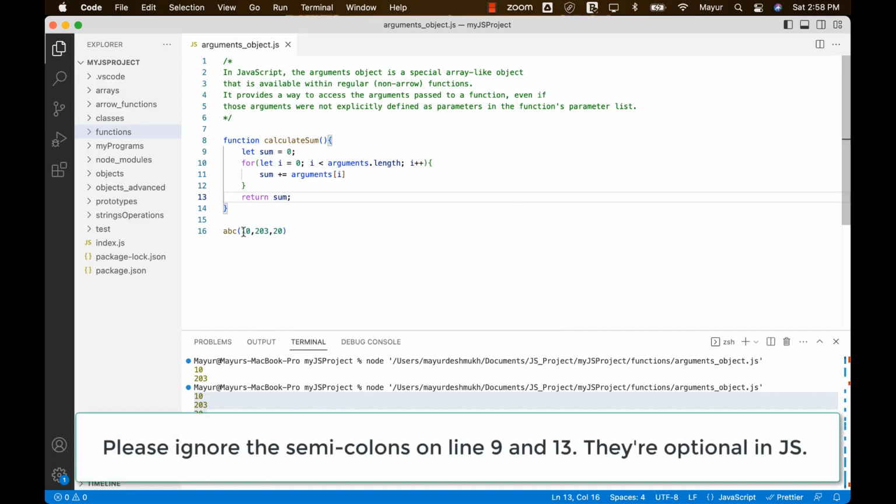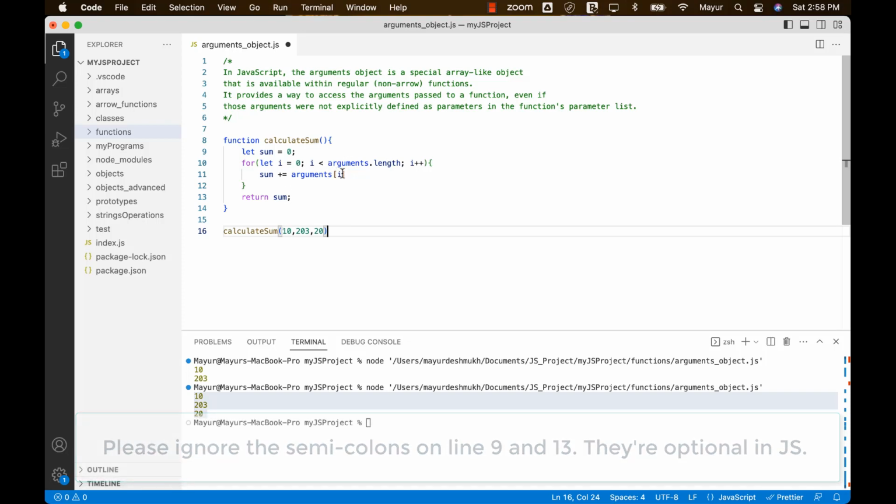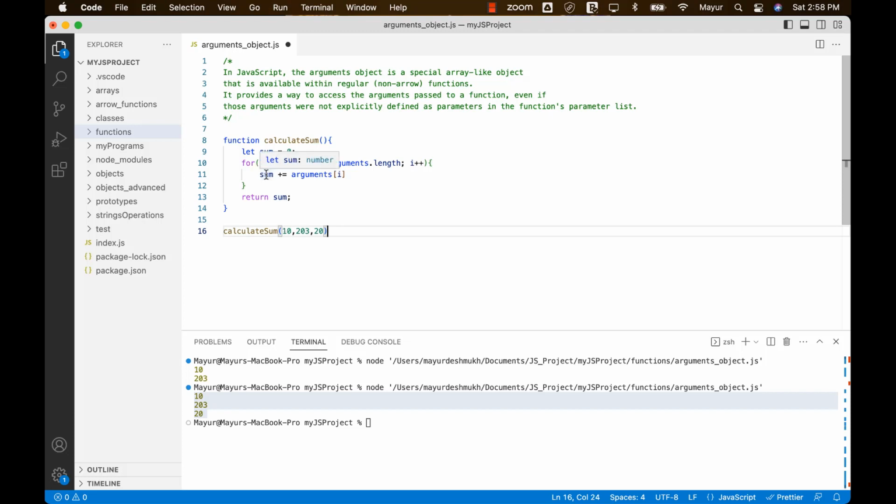So in this case, say we have 3 values that the user is passing. At the first iteration, i will be 0, so the value of arguments of i will be 10. Sum has initial value 0, so 0 plus 10 will be 10. Next time 203 will be picked up and added to the existing value. Then 20 will be picked up and added to the existing value. The user can add any number of values,